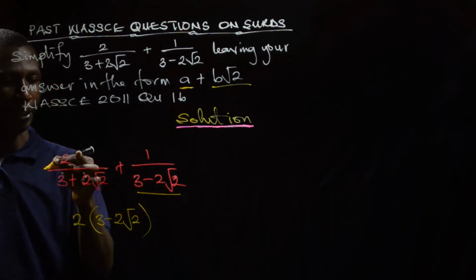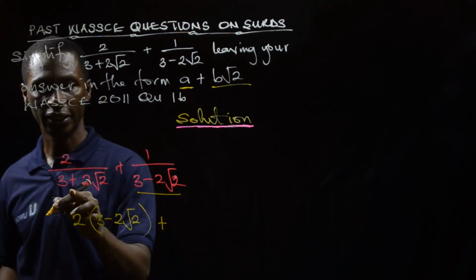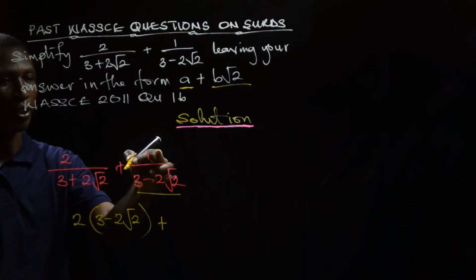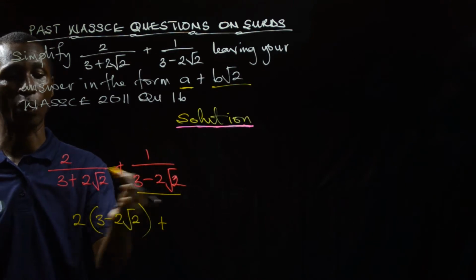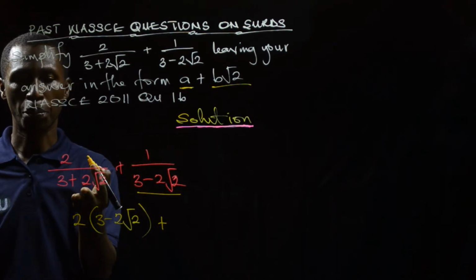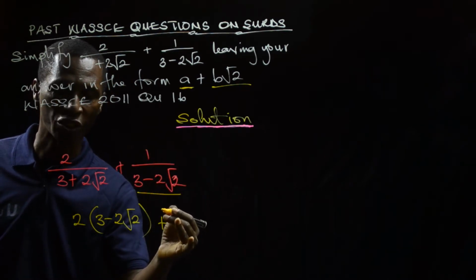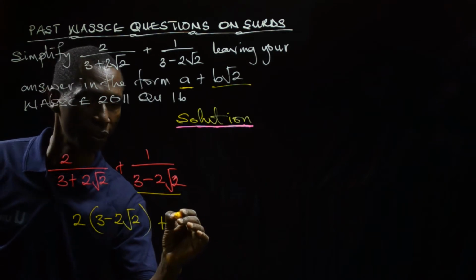That is the first part, it has finished. I bring the operational sign, which is plus. Then the second part here, which is 3 plus 2 root 2, also multiply 1. Now 1 is insignificant, so what we just do is write the entire 2 plus 2 root 2 there. Because if I bring 1 as a coefficient, when you expand, it's the same thing. So I'm going to get